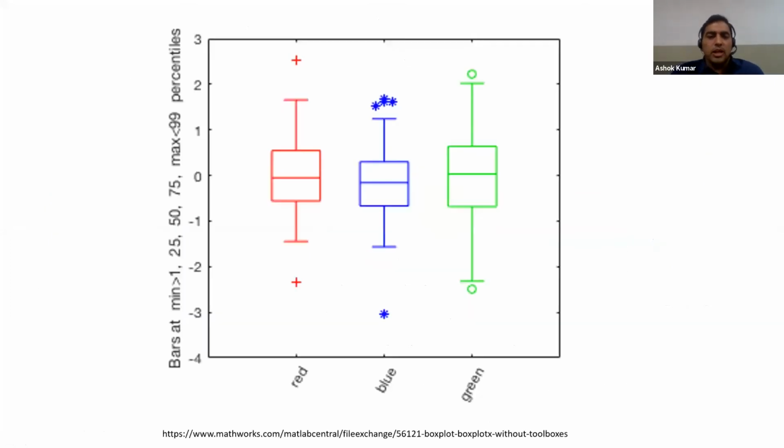Okay, we have already seen this, and this is vertical. And these are the outliers. You can see these are the outliers. And what are the outliers? This is Q1 minus 1.5 multiplied by the interquartile range, the interquartile range of this. Okay, so these are what you can get.